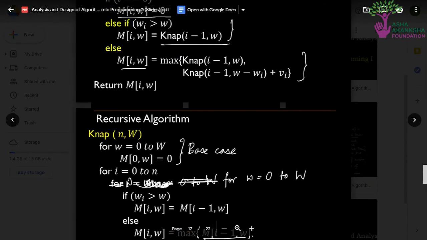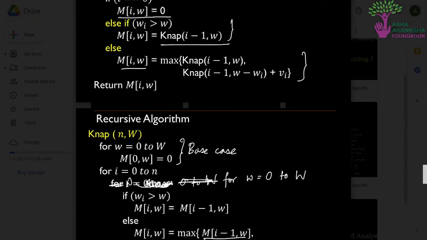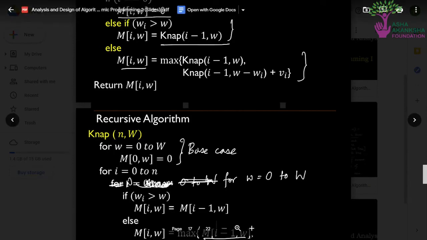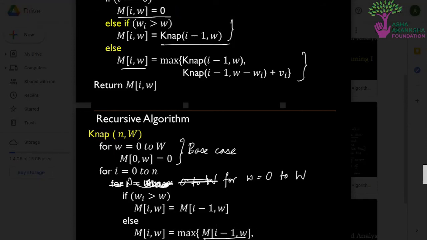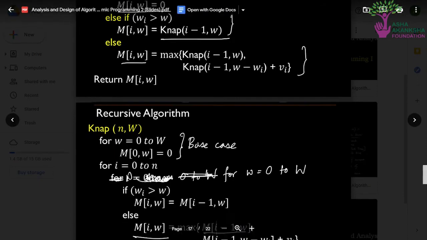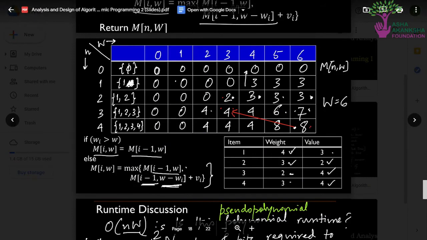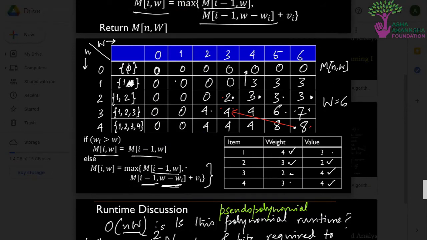Now, as you saw in the recursive case, to find the value at any ith position, you first have to get the value of i minus 1 and w minus wi. Just take it as a matrix. Suppose we are at a cell with indices i comma j, then you should get i minus 1, that is the row earlier than the current row.